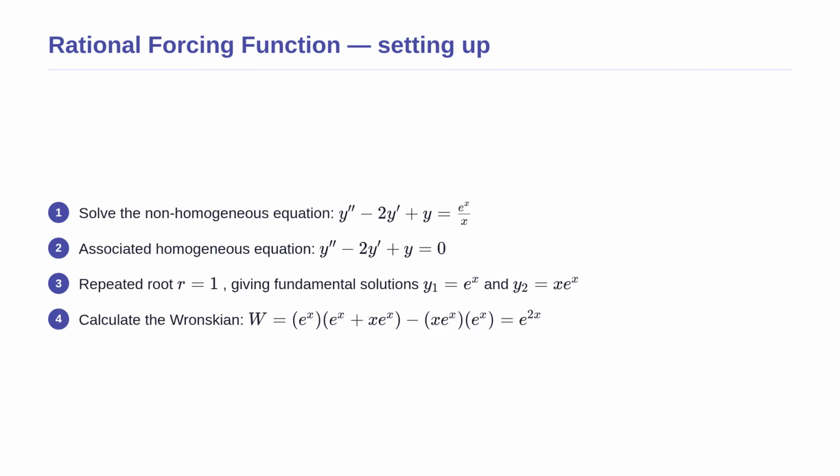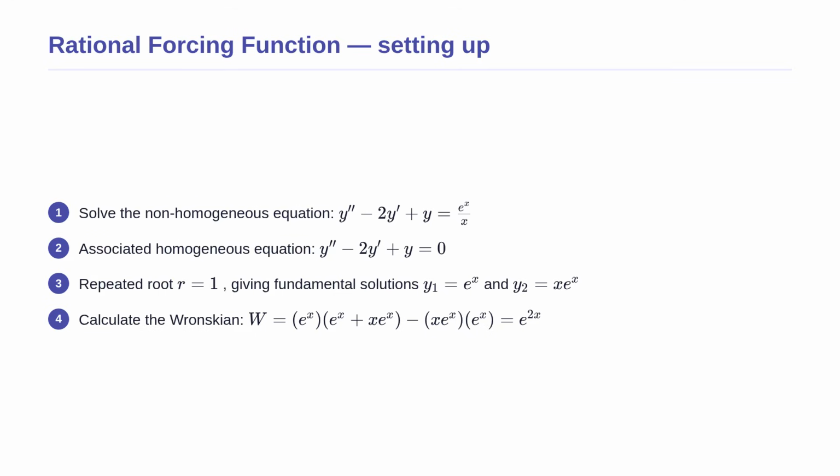Here, the forcing function is Euler's number raised to the power of x, all divided by x. Again, we start by setting the right side to 0 to find the homogeneous solution. The characteristic equation is a perfect square, giving us a repeated root of 1. Because the root is repeated, our first fundamental solution is the exponential function, and the second is x times the